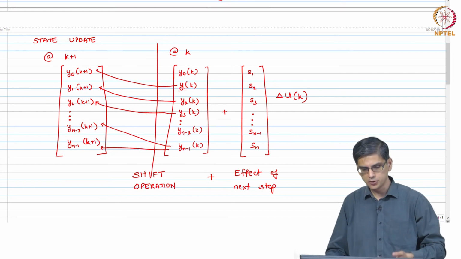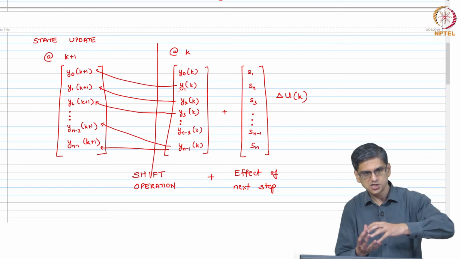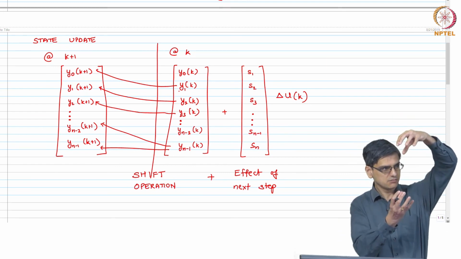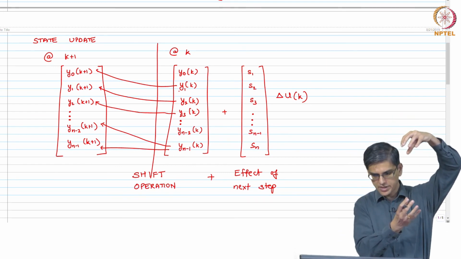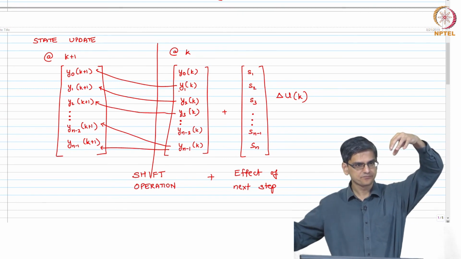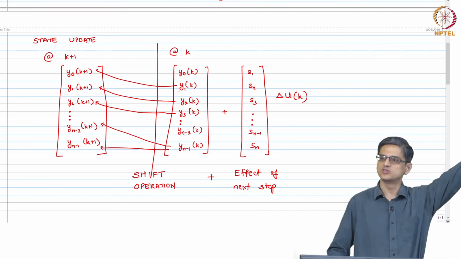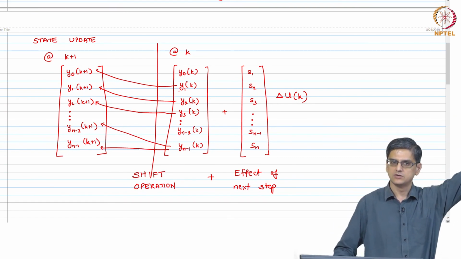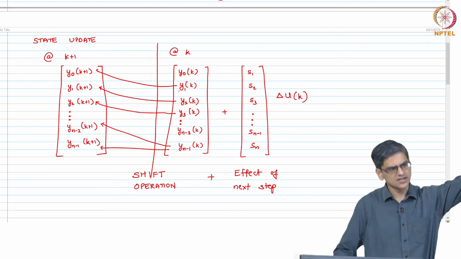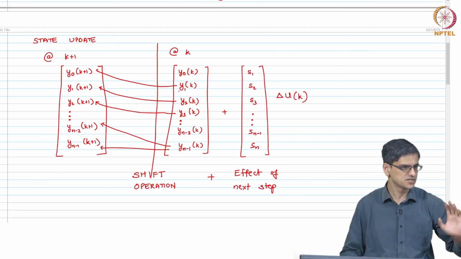Okay. So, how do you update the state? We are going to update the state by shifting the state by 1, okay, and adding the effect of the new input. How do you extract the output? Just remove the first guy. Okay. In FIR or FSR models, you actually do not have to do matrix multiplication. You can very well do the matrix multiplication. We talked about it yesterday.